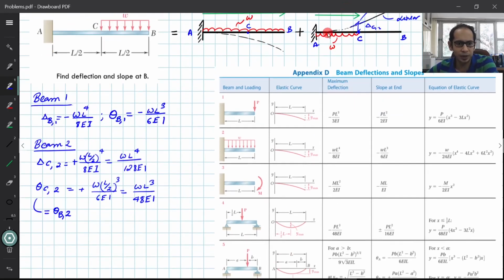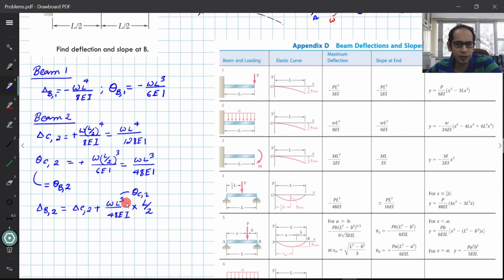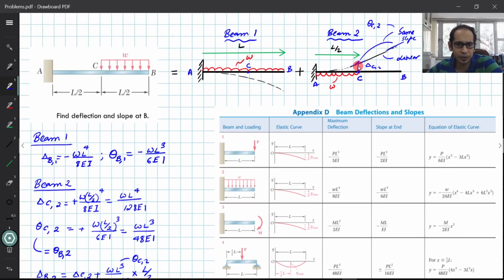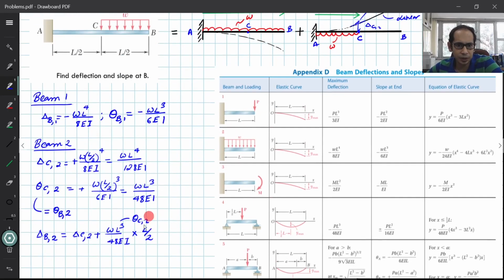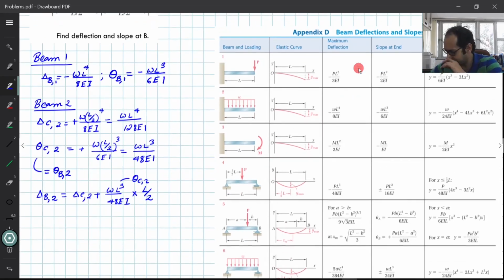So let's calculate the delta B for beam 2. Right, so this is just what I have done over here. This is simply this deflection plus the slope times this distance. Remember, this distance is L over 2 because this load is acting over half of the beam. If you simplify that, what you will eventually get is this expression, equal to